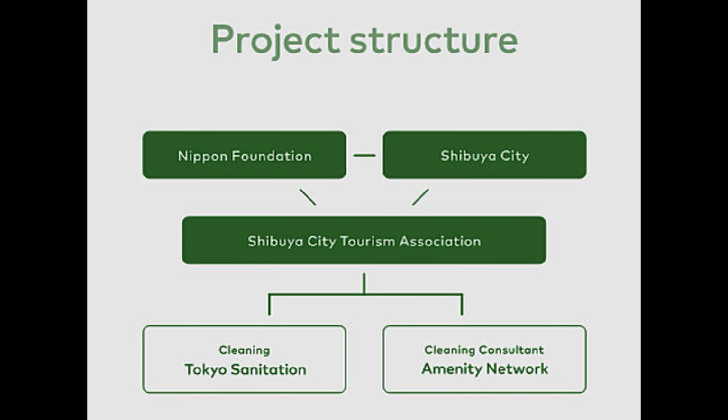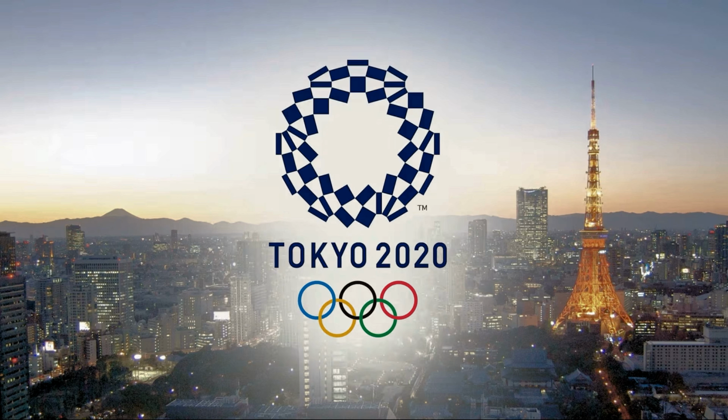The Tokyo Toilet Project was a collaboration between entrepreneur Koji Yanai of Uniqlo and the Nippon Foundation that was conceived in 2018. The goal of the project was to make a few old public restrooms more aesthetically pleasing and to address concerns about safety and cleanliness. The toilets were originally planned to be ready for the 2020 Summer Olympics, but many were delayed due to the